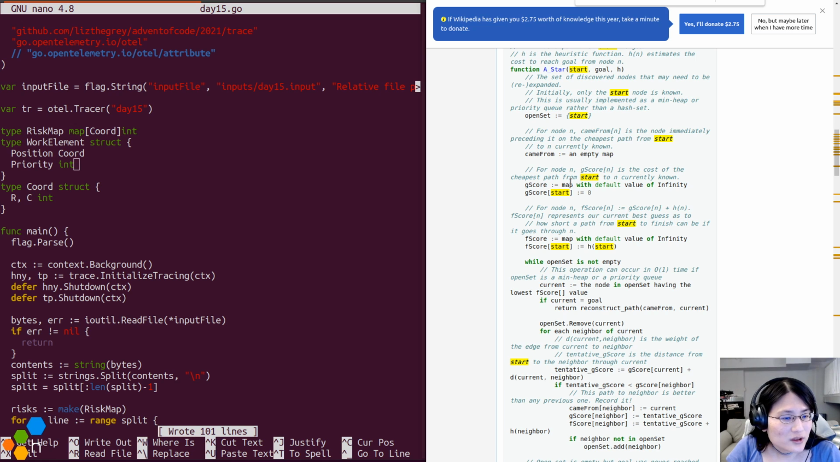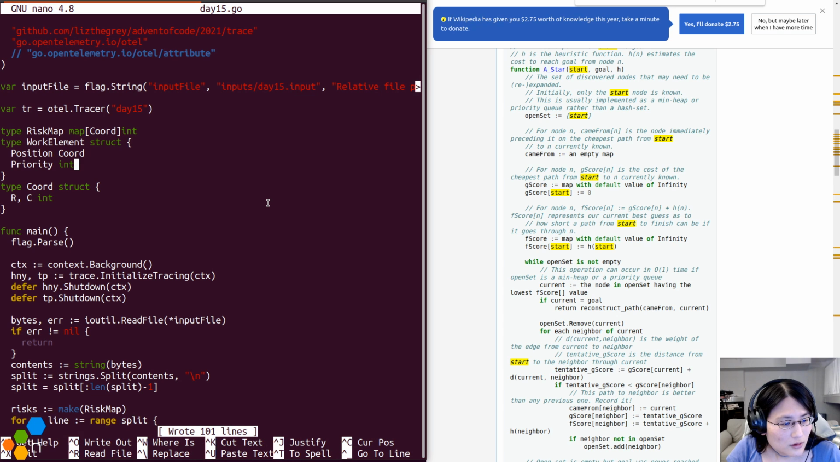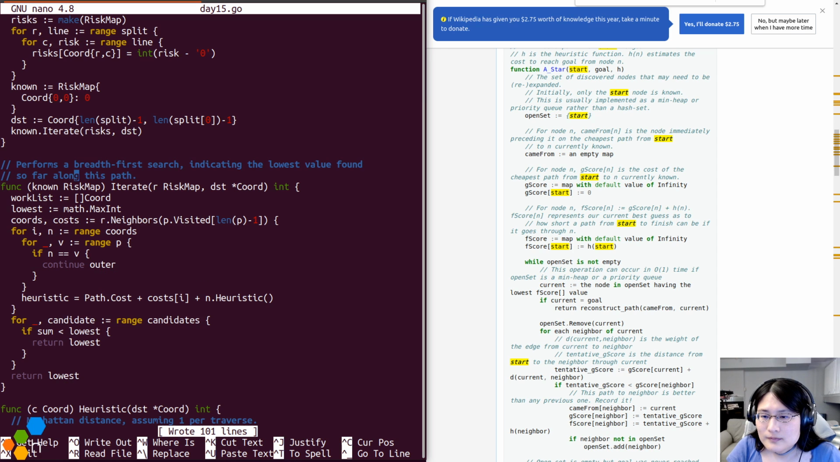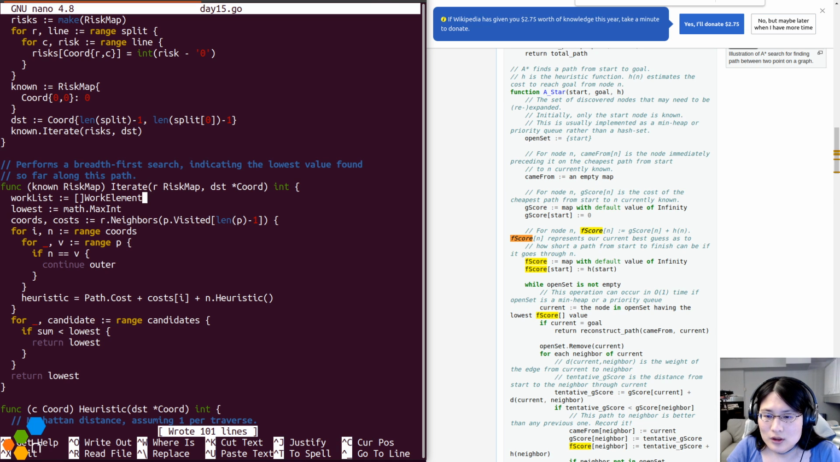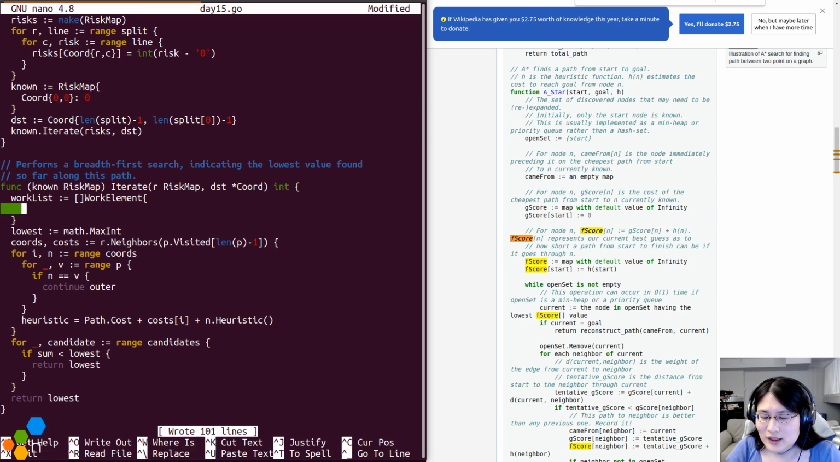What's the difference between a G score and an F score? Okay. So what's the F score? Oh, F score is just the G score plus the heuristic. Okay, that's fine. And this is just going to have one element in it, which is a work element with